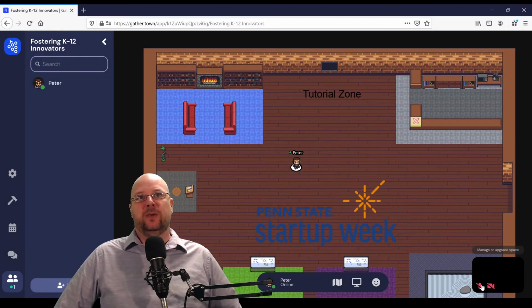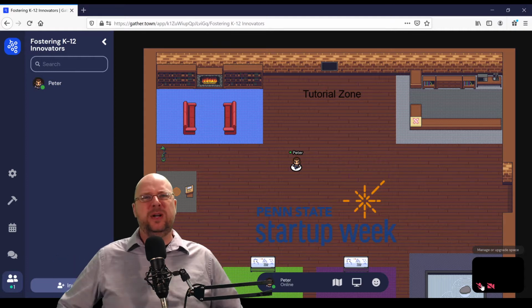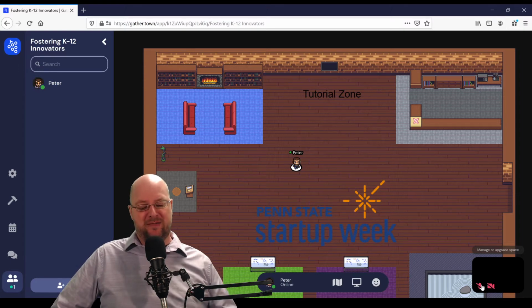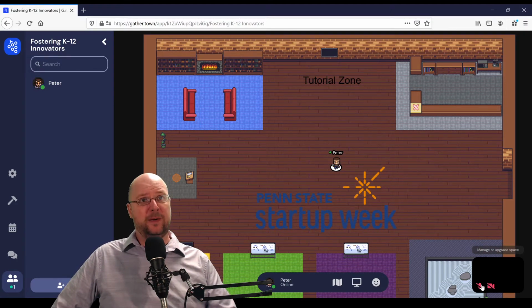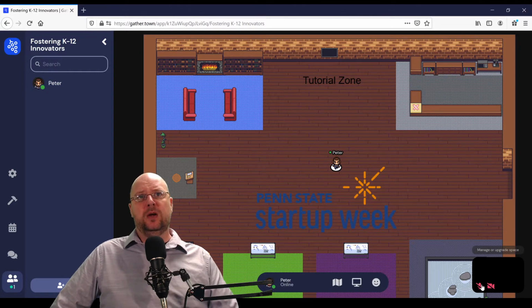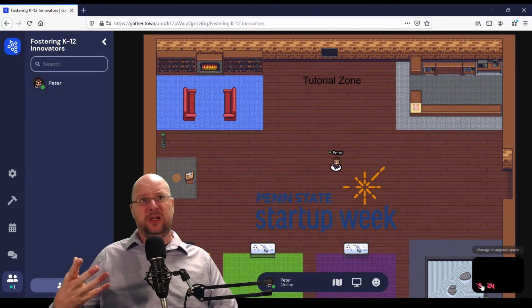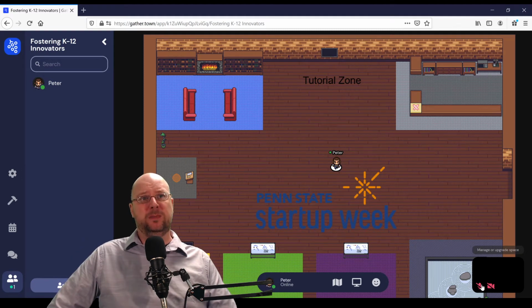Welcome to GatherTown. This is an interactive virtual space that acts pretty much like Zoom, where you have video and audio connections, but it also gives you a space that you can navigate and walk around, mingle, and communicate in an informal format. So things will happen proximally. As you get closer to other people that are inhabiting the GatherTown space, you will see their videos pop up and you'll be able to hear them.